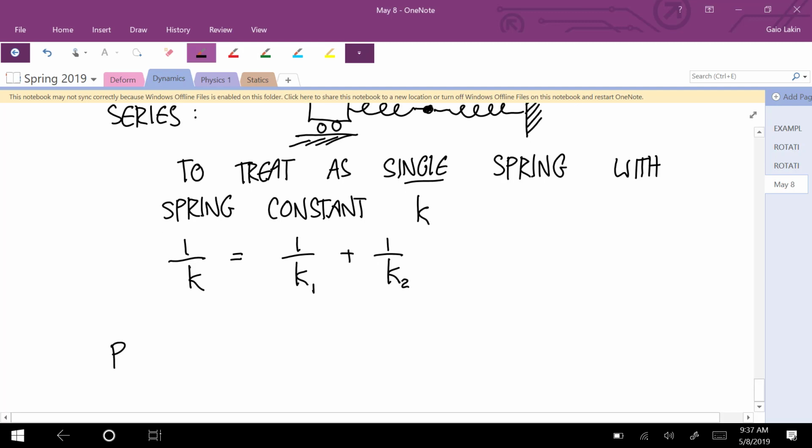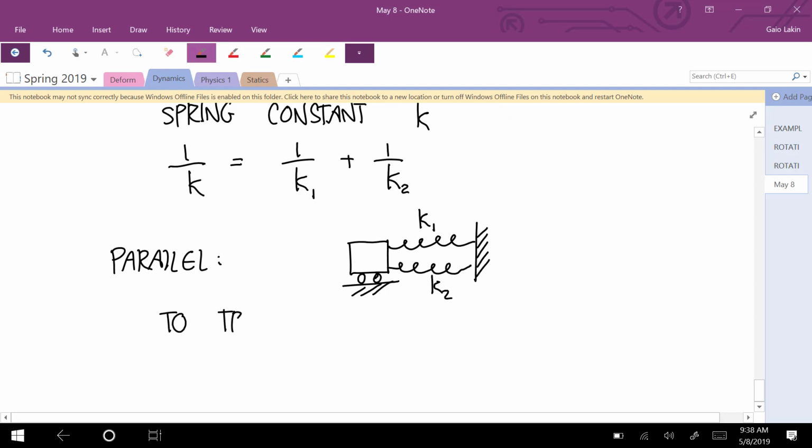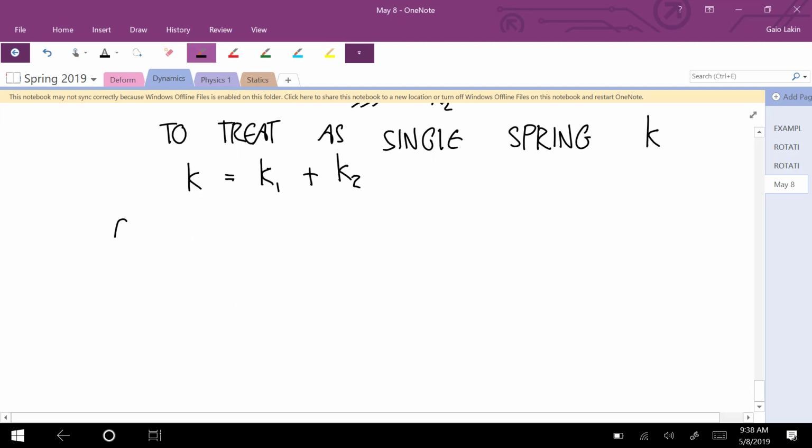And for parallel springs, if you have a K1 and a K2, to treat this as a single spring with a stiffness of K, K is just equal to the sum of K1 and K2. Okay, so for example,